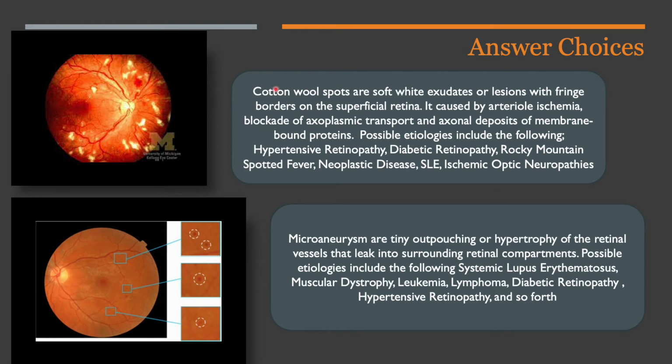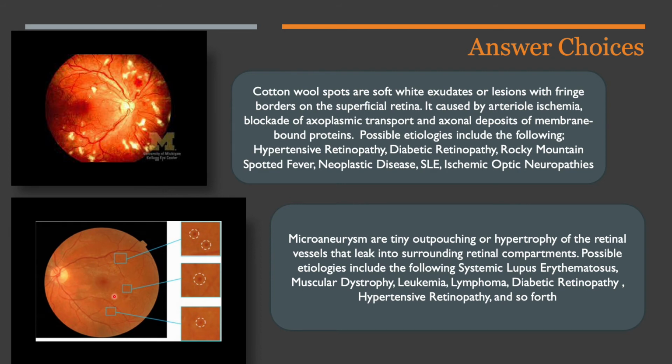Cottonwool spots. Cottonwool spots are soft, white, fluffy exudates or lesions with fringe borders on the superficial retina. It is caused by arterial ischemia, blockade of axoplasmic transport, which is just a neuron transport mechanism, and axonal deposits of membrane-bound protein. Possible etiologies include the following: hypertensive retinopathy, diabetic retinopathy, Rocky Mountain spotted fever, neoplastic disease, SLE, ischemic optic neuropathies,